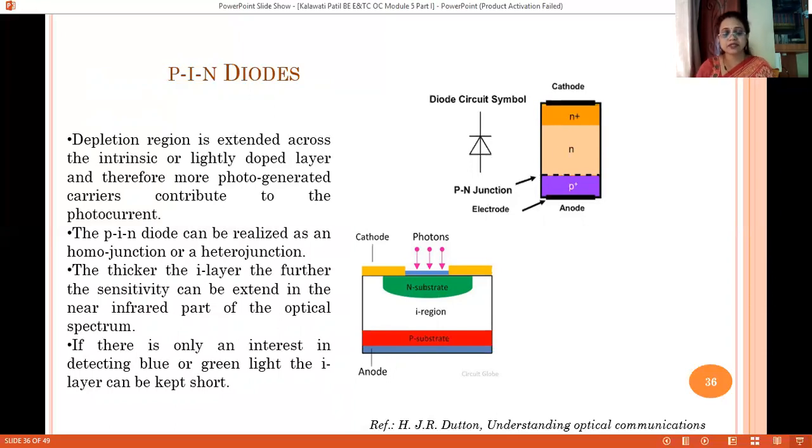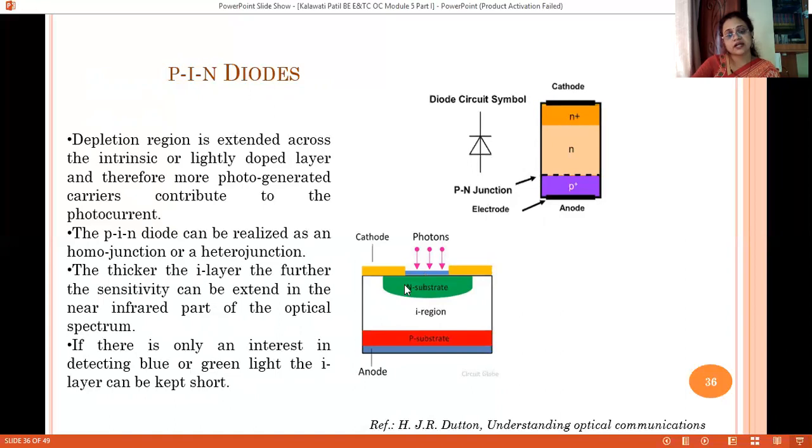So this is one typical structure that shows the P substrate, I region, N substrate, and a window with the anti-reflection coating on it, and the external contacts taken out for connecting the external biasing voltage. The photons can be illuminated across this window, so that the photons get absorbed and photocarriers are generated across the I region.